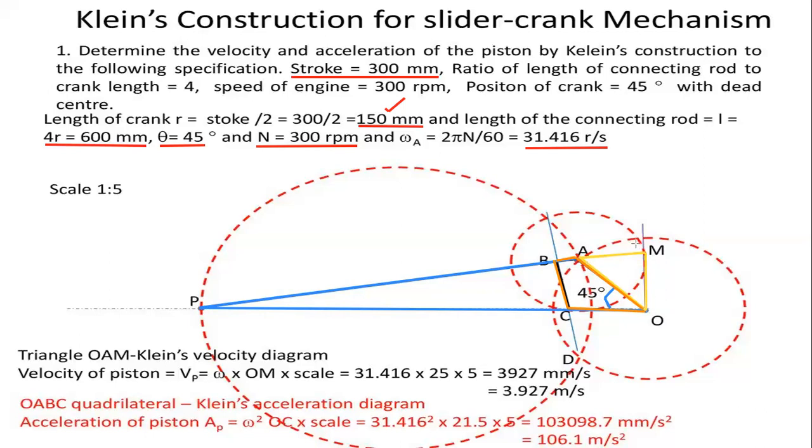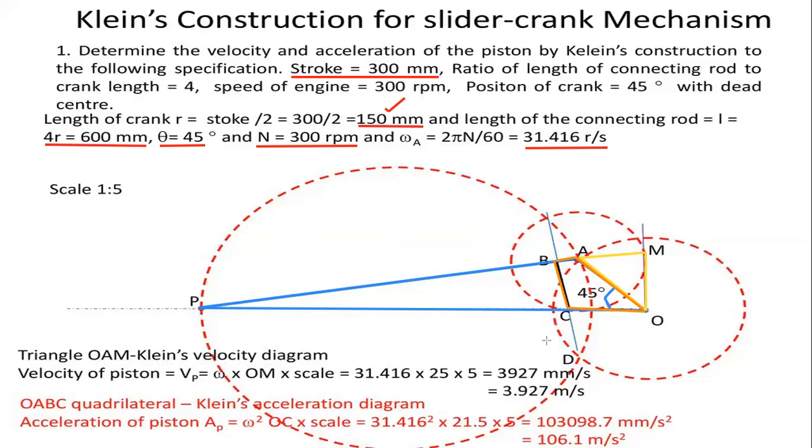So OAM is the velocity diagram and OABC is the acceleration diagram for the Klein's construction. So here triangle OAM represents the Klein's velocity diagram, and the velocity of the piston is,